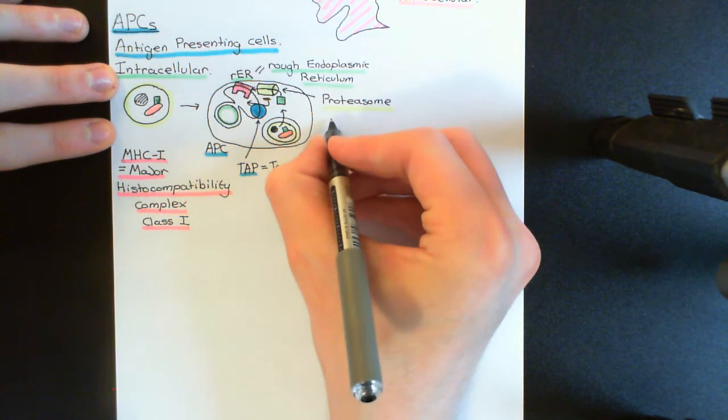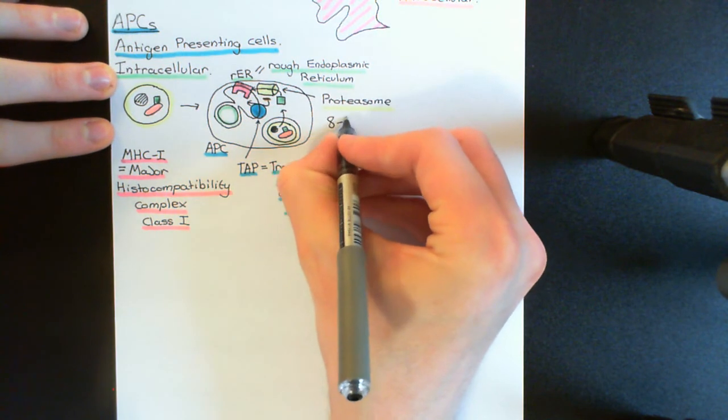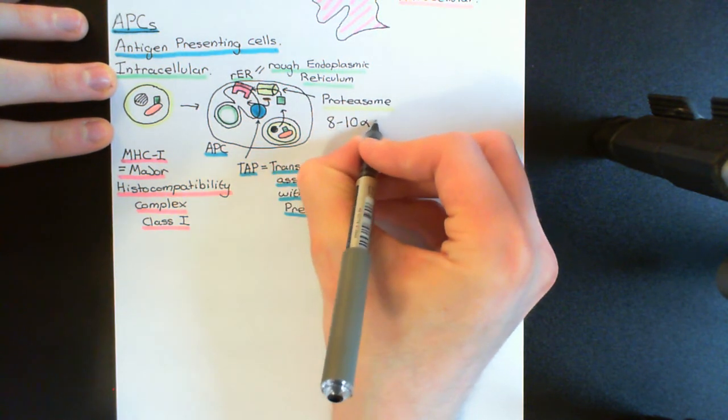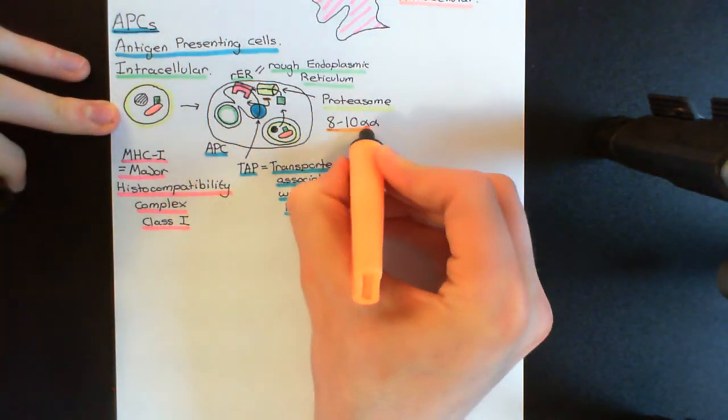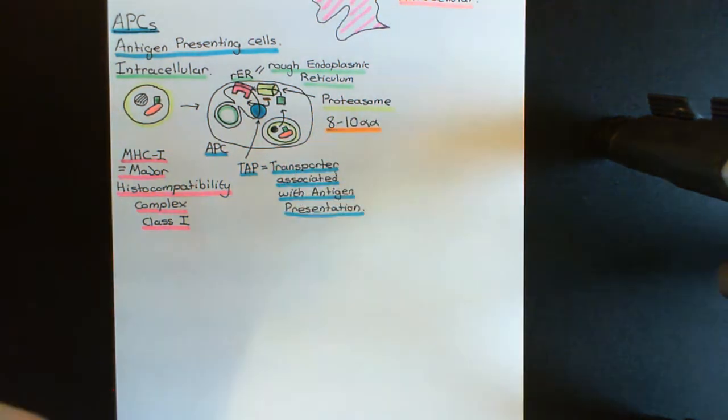And by the way, these little fragments will need to be between 8 and 10 amino acids long. So alpha stands for amino acids. So these fragments in orange here need to be between 8 and 10 amino acids long. They're then going to be transported, and of course you'll get loads of these different fragments, from the cytoplasm into the rough endoplasmic reticulum, and some of them will then